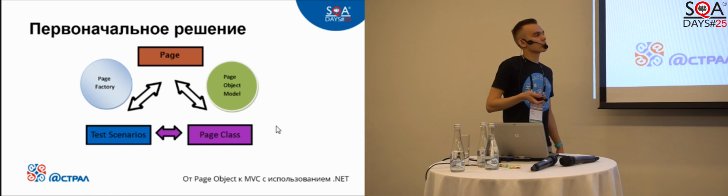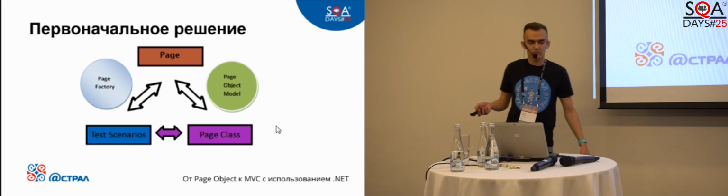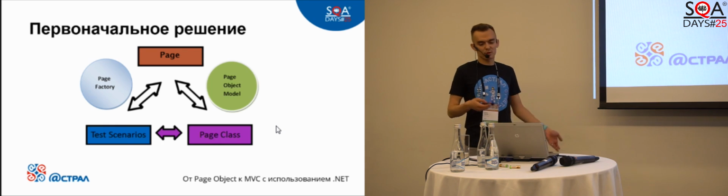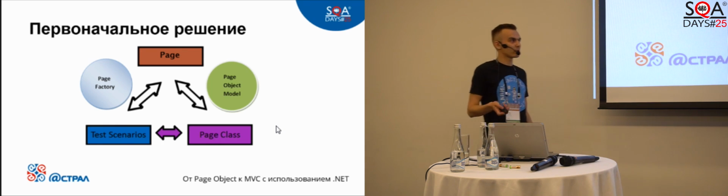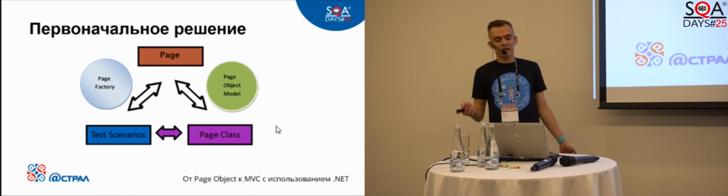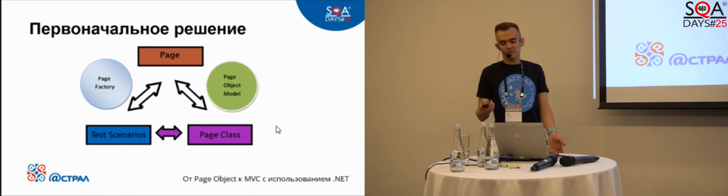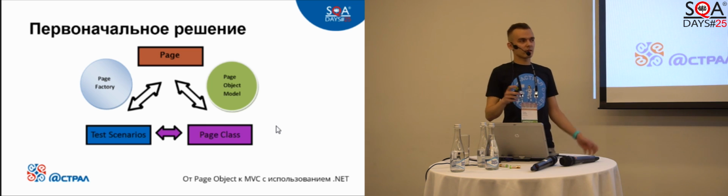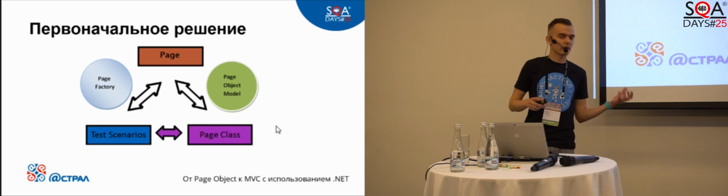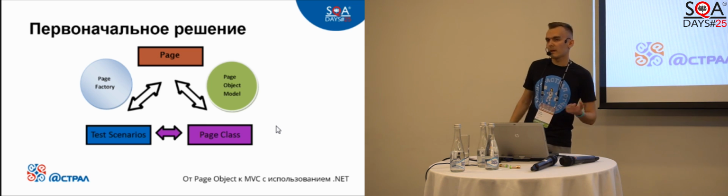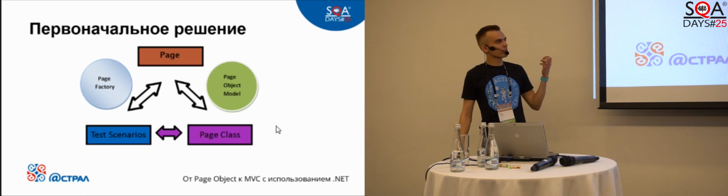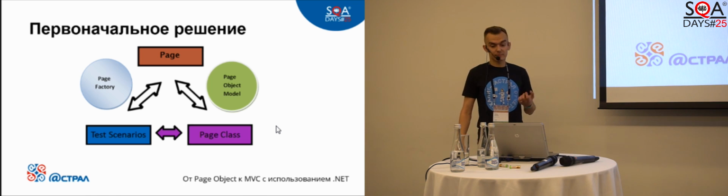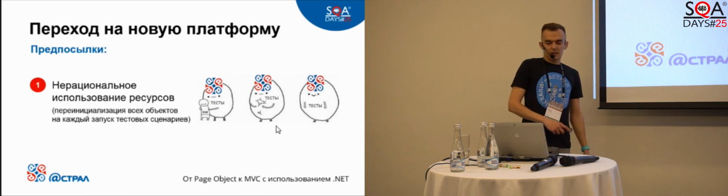We'll start with what we used from the very start. We reworked the Page Object pattern. Page Object is a design pattern which allows us to separate the test run logic from the implementation. You can see separate pages or classes that describe our user interface structure and elements in a certain page.